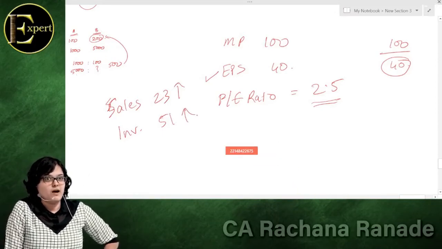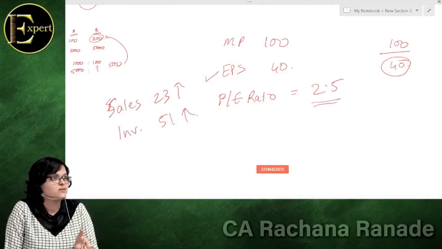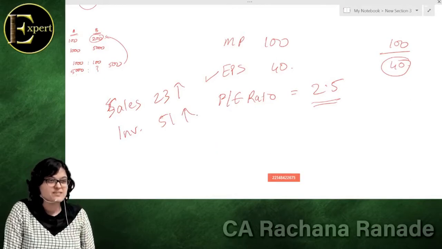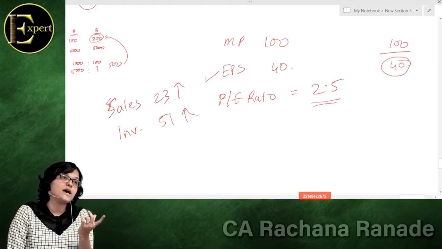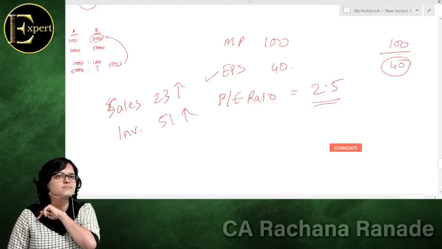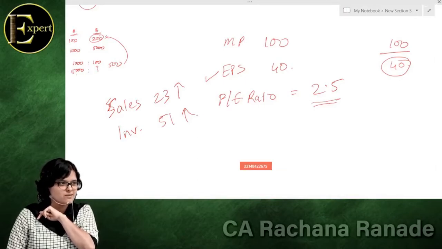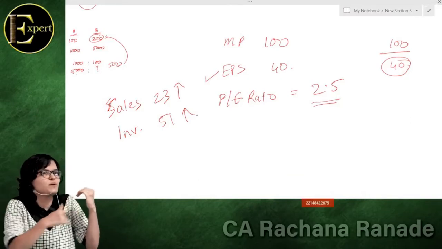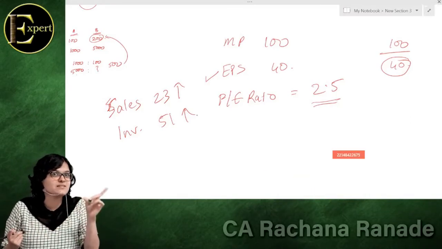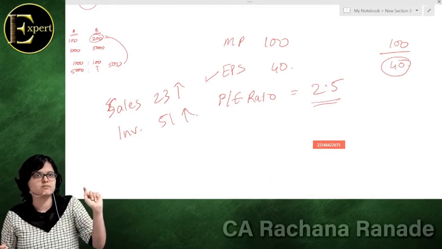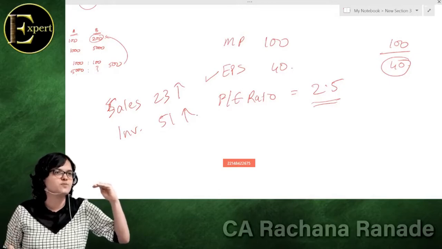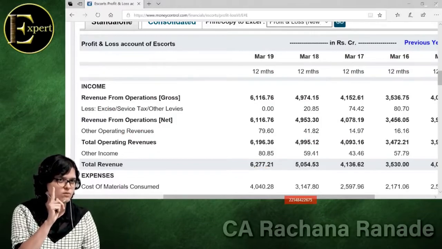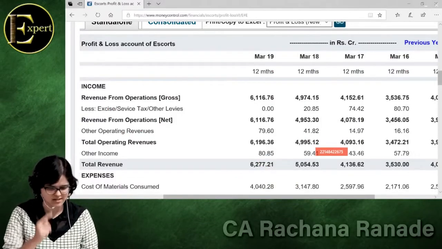It means that this year if they don't manufacture anything, still they'll be able to sell. It's like 2 years of inventory they are keeping right now. And this could be a sign that they were not able to sell as much as they expected. Correct, na? See, why would they stock up higher without any reason, do you think? No. They expected a specific sale number, that is why they stocked up higher. But maybe the actual sales did not meet their expectation. That is why the inventory was more at their end. So this is 1 thumbs down, inventory turnover. Okay, only one. Let's check others also.